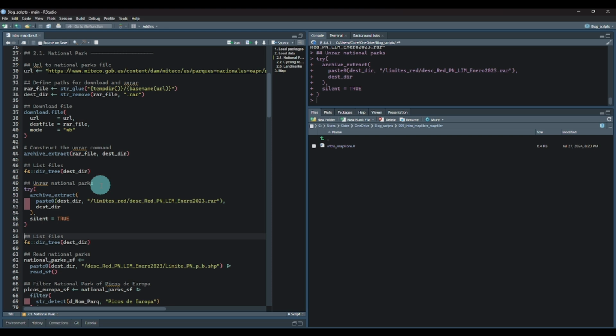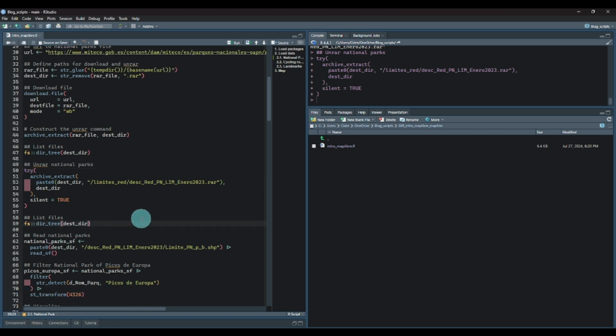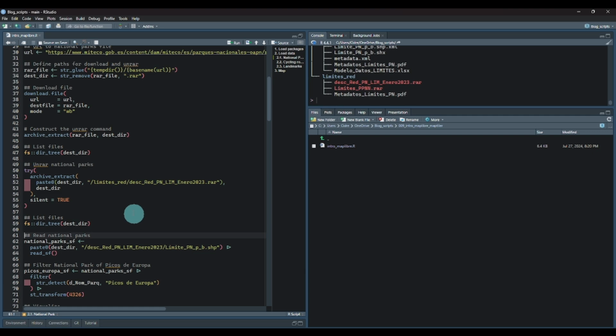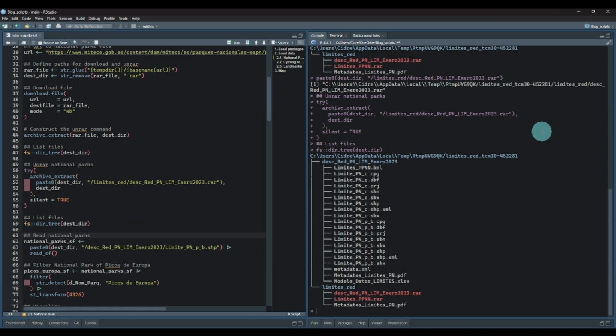So I will execute this, and now you see that it doesn't throw an error, and it's because I wrapped it into this try function to ignore the error, and now we can show again the directory tree. Now I will make this bigger, and you see that now we have this new directory with all these files here. And the one that I'm interested in is this limites